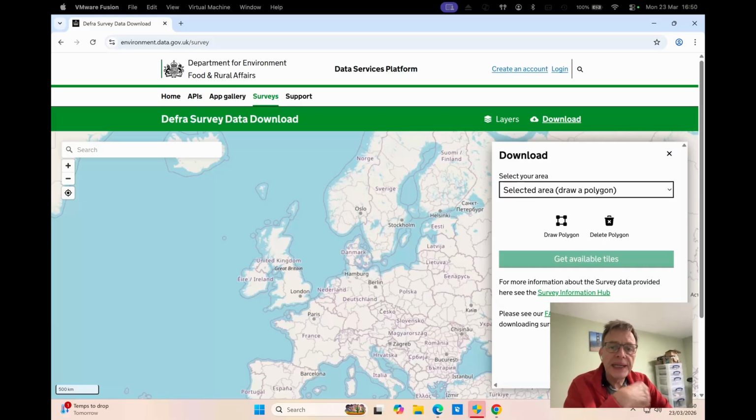Okay, before we test to see whether the Python environment can launch the Hillshade Converter, what I'm going to do next is go and download some LIDAR tiles. You can get those from environment.data.gov.uk/survey. You'll see the screen like this, and if we zoom in,